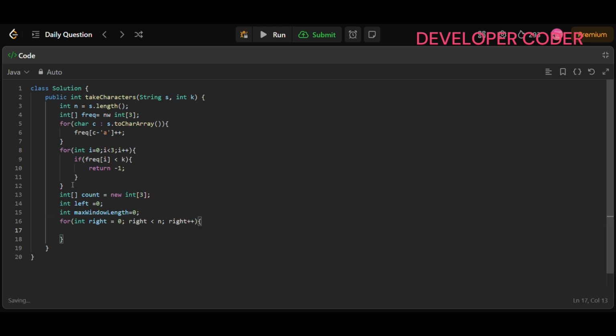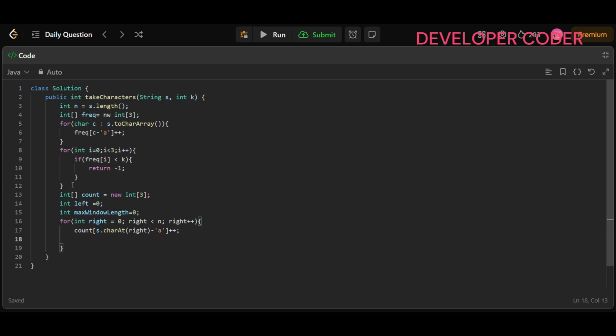And then we have to just update the count of s.charAt(right) minus 'a'. So with the right I'm incrementing the count, and with the left I'm just going to